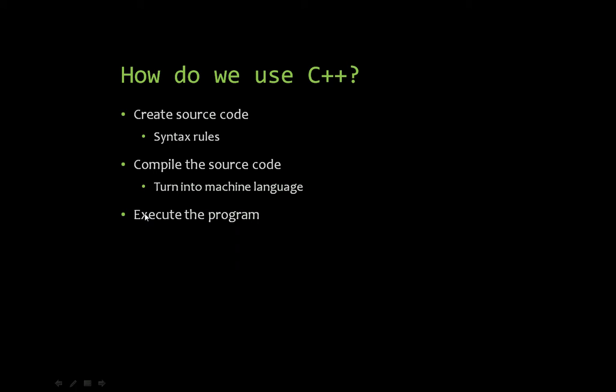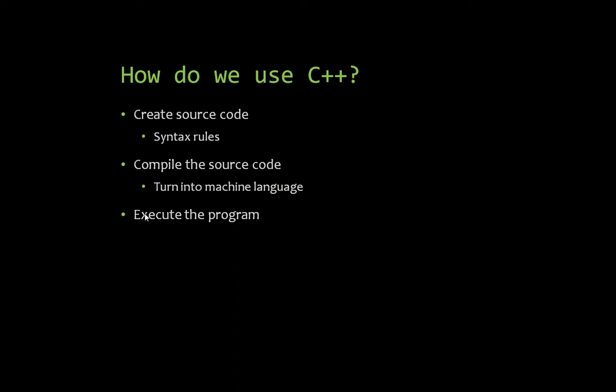So how do we use C++? How do we take the C++ programming language and use it to create programs? Well, the first thing we have to do is create source code. The source code is the human-created program. It's not a program yet, really, it's source code, but the human-created instructions that are going to become the